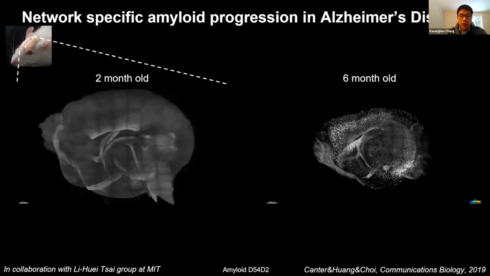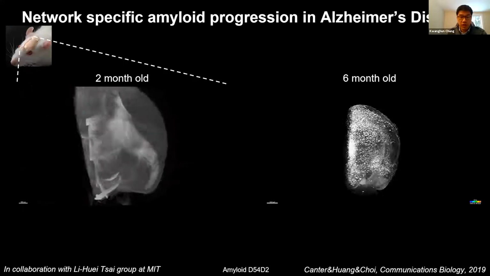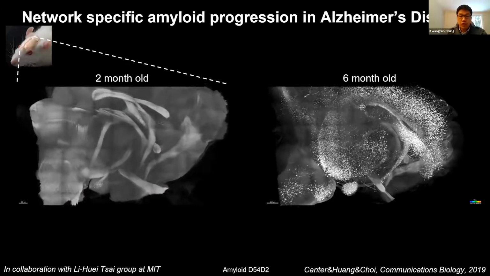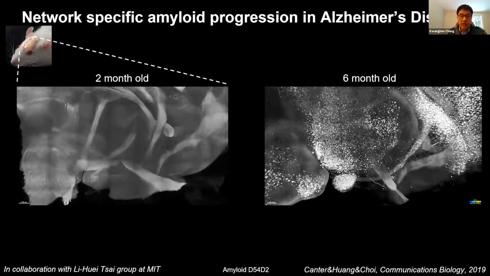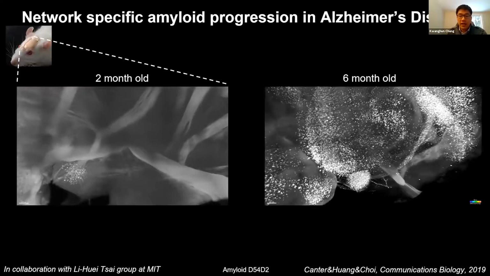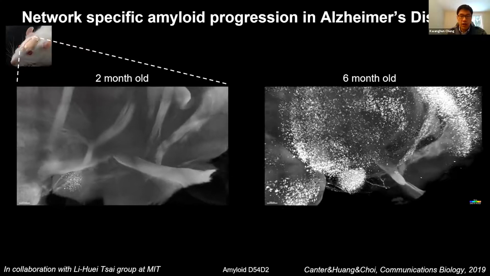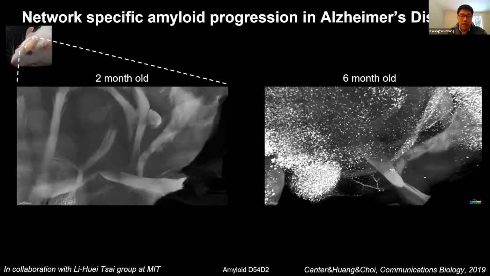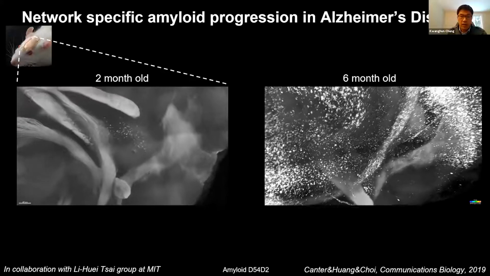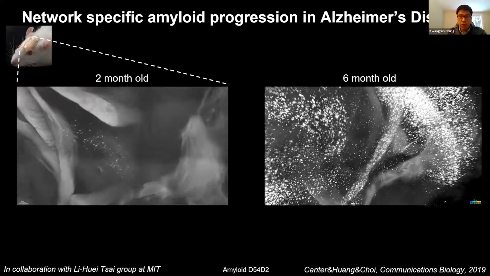To study this important question, we collaborated with the Tsai lab at MIT and created a spatial temporal map of the beta amyloid progression in Alzheimer's disease mouse models. The left video shows a 2-month-old mouse brain, and the right side shows a 6-month-old brain, and white dot-like aggregates in these videos are beta amyloid plaques. In the 2-month-old brain, you can see that the aggregates are localized in a few brain regions, but in the 6-month-old brain amyloid